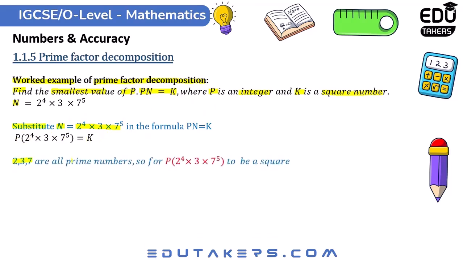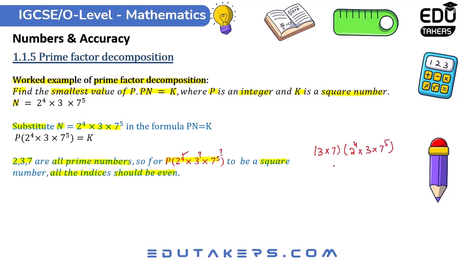So 2, 3 and 7 are all prime numbers. So for this number to be a square number, all the indices should be even. Where the power of 2 is 4, which is an even number, we need to make the power of 3 an even number and the power of 7 an even number. So the smallest possible value for p will be 3 times 7